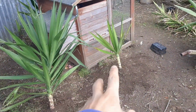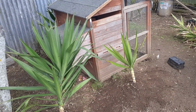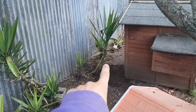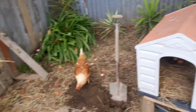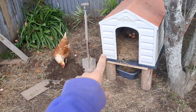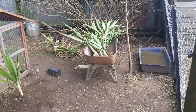But I got 2 here because this is going to be moved over up against this tree, so that door is going to be between these 2 yuccas. So that is going to be good. Planted a nice big one up the back there because you will be able to see that once the thing's moved as well. So that's going to grow nice and tall over there. And I got one up against the fence over here. That is looking great. And just about to plant a small one here on the other side of this thing. As you can see, chickens laying their eggs in there, and yeah, then I need to find places for 4